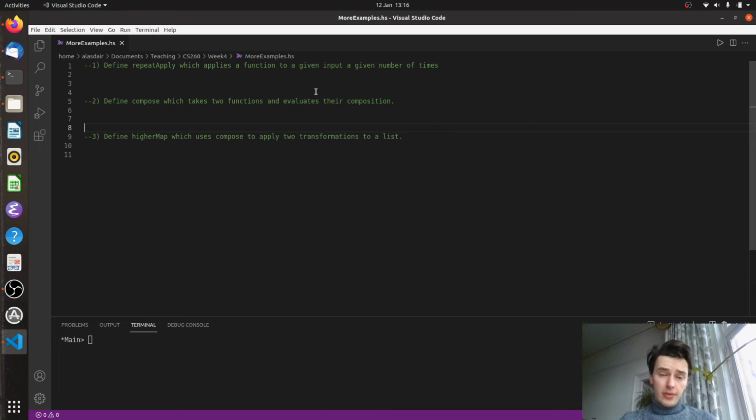So far, we've worked with some simple higher order functions like map and filter. We've also seen how we can describe our own higher order functions and how we can use lambdas to help us in that process. Now, higher order functions exist to abstract away common patterns. That's one of the key ideas behind functional programming, abstracting away patterns that you see repeatedly,